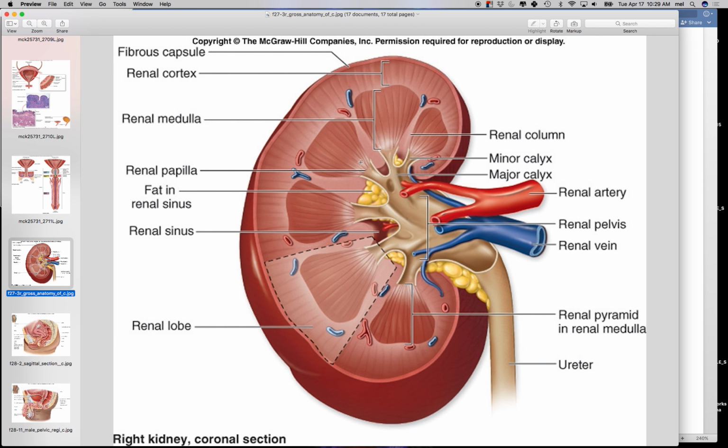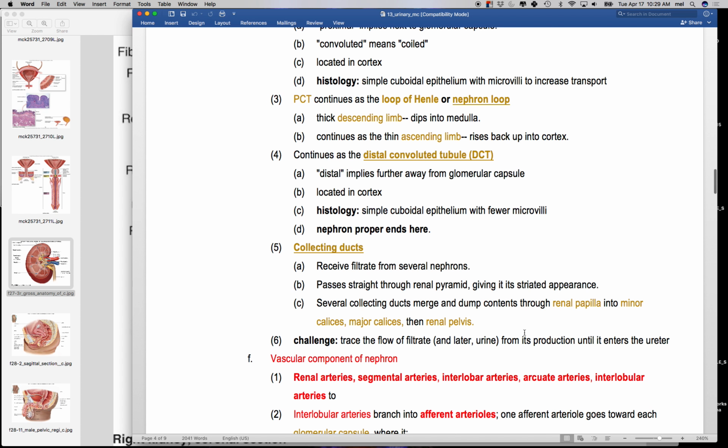So, big picture understanding. Urine production starts where? In the cortex, right? Goes through the pyramid, and then gets dumped here. So urine production happens from the outside of the kidney toward the inside of the kidney. And then by the time you dump it in here, you can't really do anything else. It's already done, the urine production has already occurred. Is that good? So minor calyx, major calyx, then what is it called? Renal pelvis, right? Ureter, urinary bladder, urethra, toilet. Does that make sense? Okay, so collecting ducts